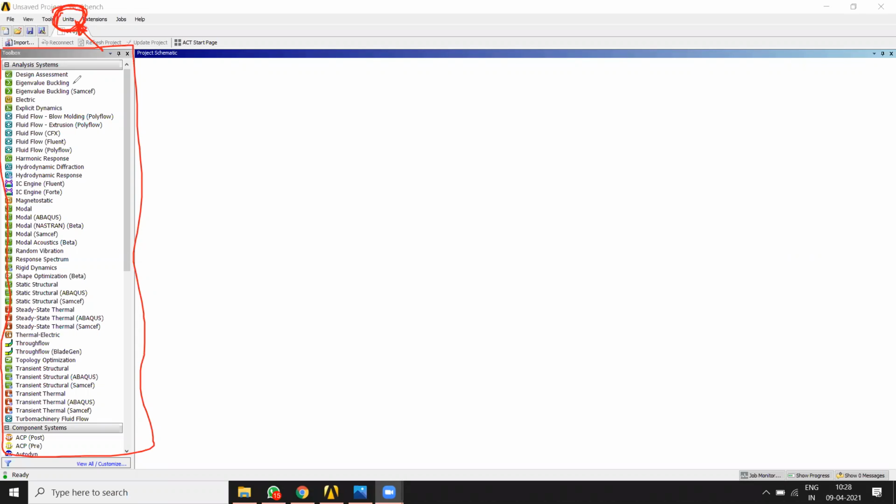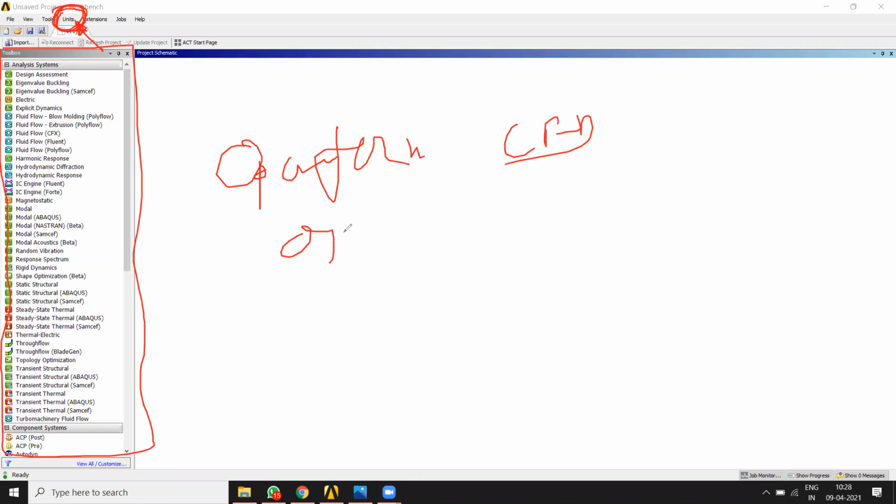In Workbench itself, you can do a CFD analysis, unlike other software like OpenFOAM, in which you can do only CFD analysis. In OptiStruct you can do optimization, topology optimization basically, and a few static structural analyses.